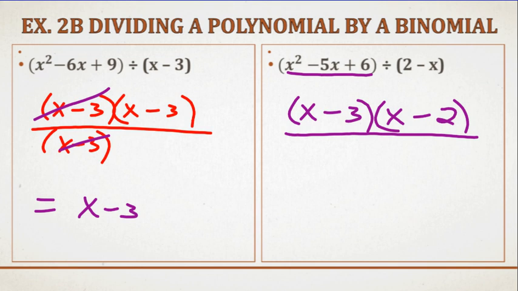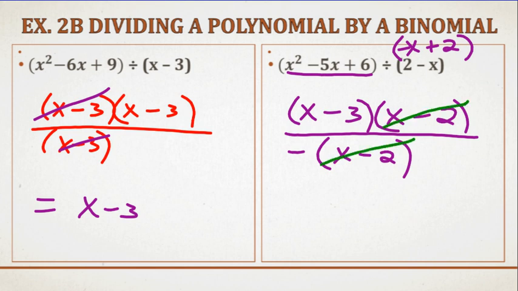Now in the bottom, if I rearrange this, it would be a negative x plus 2. I want to make that a positive x. So if I take a negative out, a negative 1x divided by a negative 1 is x. A positive 2 divided by a negative 1 is a negative 2. Now you can see that I have common factors in the numerator and the denominator, the x minus 2 and the x minus 2. So right now, in my answer, I end up having a negative x minus 3 divided by negative 1,